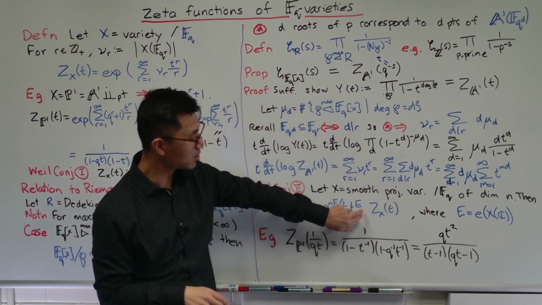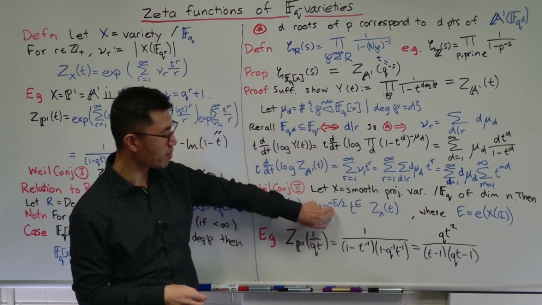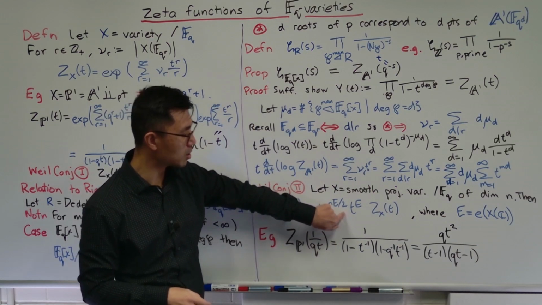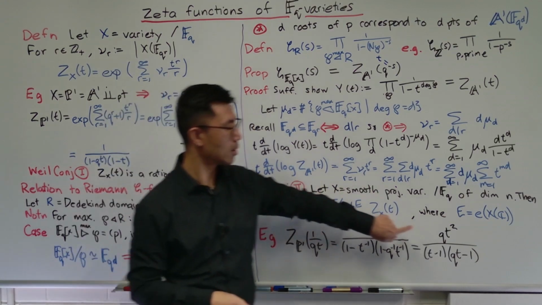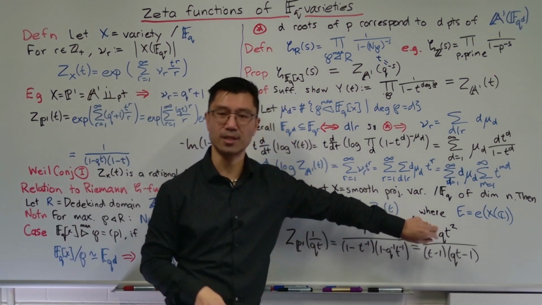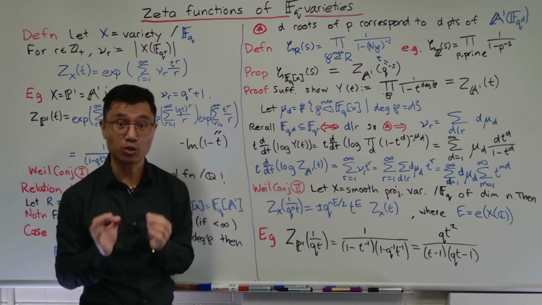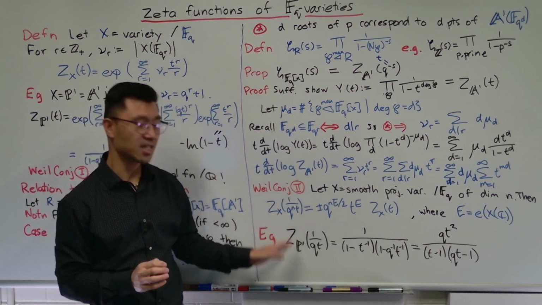So here you have t to the 2, so that's t squared. Here you have n, your dimension, is 1, times E is 2, divided by 2, that's 1, so you just have a single q. And it turns out the sign that you have here is a plus as opposed to a minus, so you get this. And that's how the second part of Weil's conjecture, the functional equation, works for the zeta function of